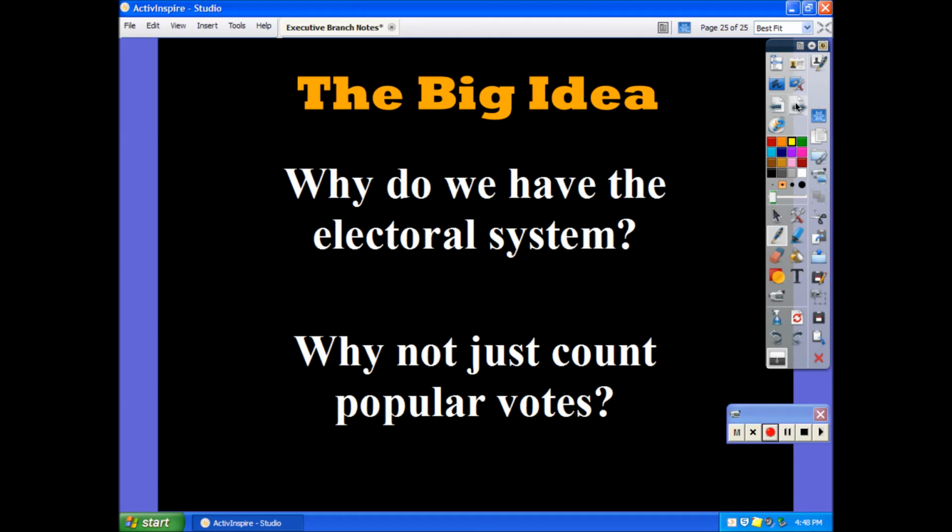We don't just count the popular vote because, quite honestly, if we just counted the popular vote, it would be a referendum, a decision made by people that live in very large cities and large states. And it would leave most of the, as you saw on that map of all the counties, it would leave most of the center part of the country sort of unrepresented by the president. Unrepresented. Going back to the revolution, one of the major complaints we always had was that we did not want taxation without representation. Taxation or government decisions without a say in what was going on.